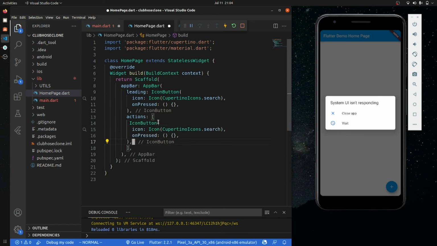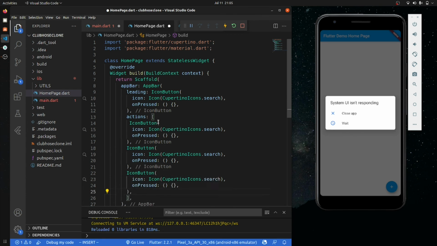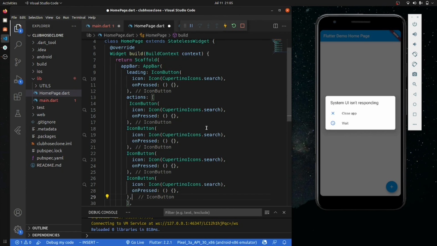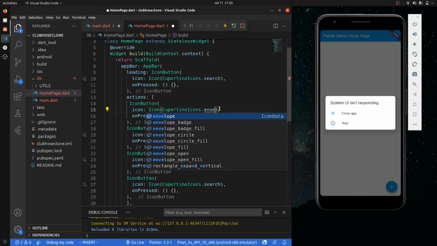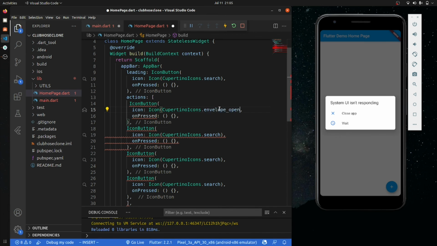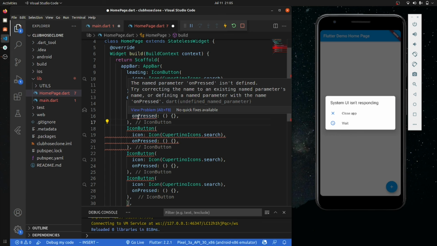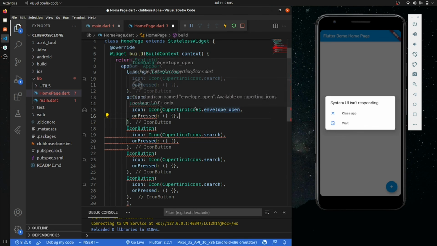Control Shift V, and again Control Shift V, and Control Shift V, we have four items here. The first item will be an envelope, envelope open. Why is it showing us the error? No parameter isn't defined. Okay, sorry.